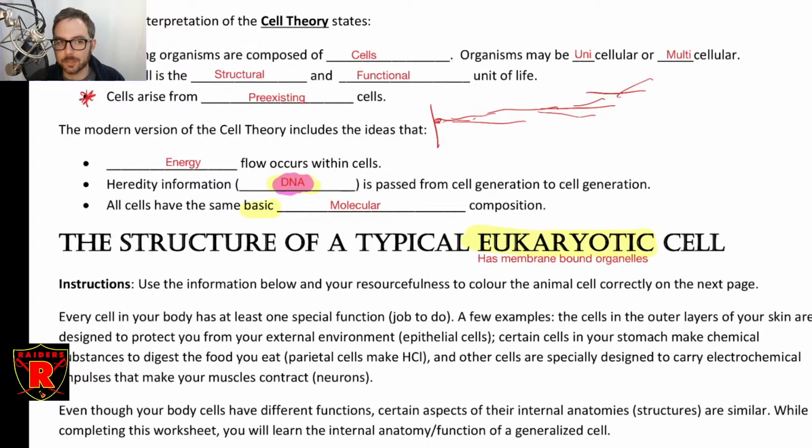And all organisms do that. If you're asexually reproducing, you're passing on all of your DNA, potentially to an offspring, and you're making an exact copy of yourself. That's clonal reproduction. But it's also possible that you sexually reproduce, in which case you only get to give half. So that's the information that's getting passed on.